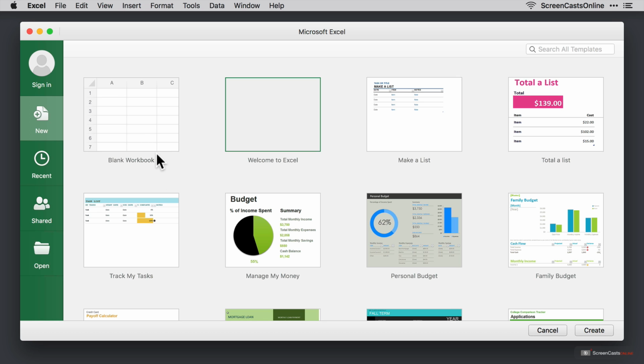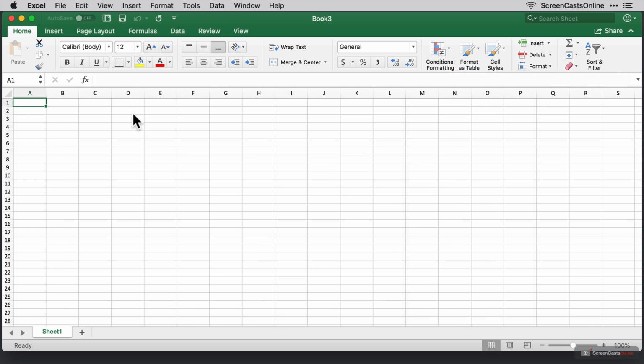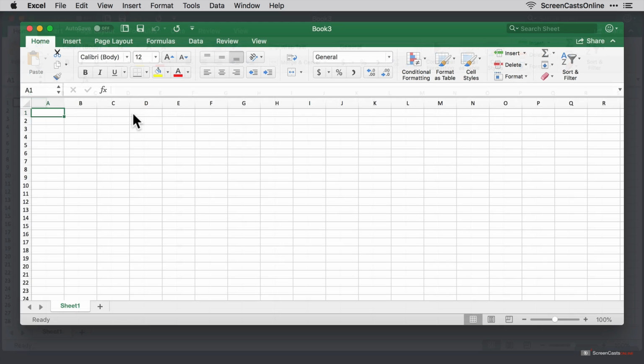So we're going to start off with a blank workbook. So I'm going to double click here. Let's just readjust the size of the screen so it fits in nicely. There we go. So let's have a look at the interface here so we have a feeling for where things